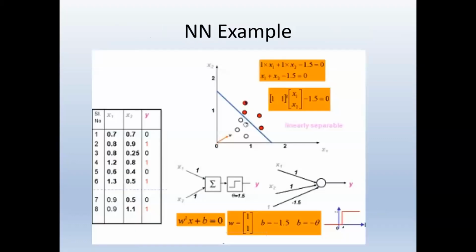I can give you a very simple example of how we can design a simple perceptron for a problem. Let us consider this data set. How many data sets are there? There are 8 data sets. I'm dividing them: the first 6 data sets belong to the training data, and the 7th and 8th data sets belong to the testing data. That means I am choosing the first 6 for training, and the remaining 2 for checking the